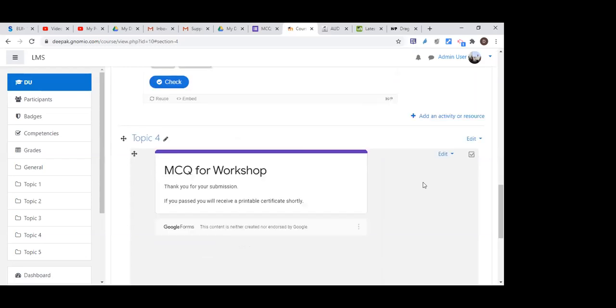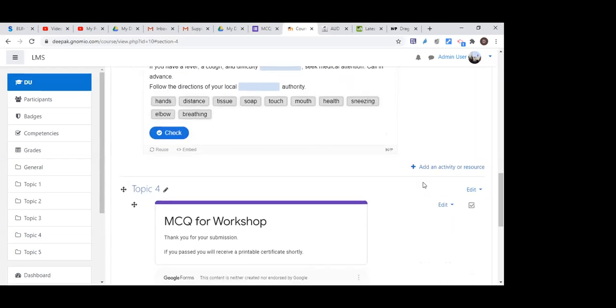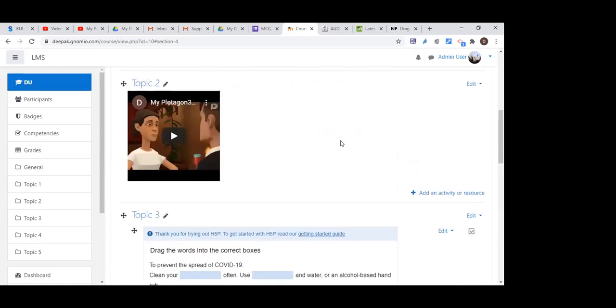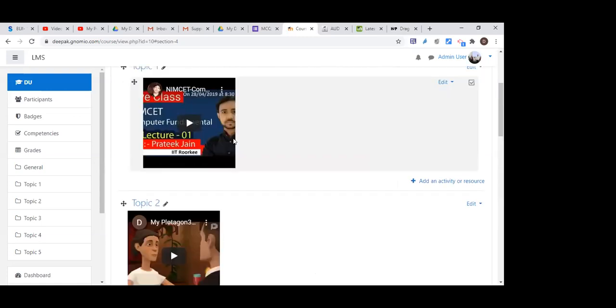So you can see within Moodle, I inserted the whole MCQ from Google, the H5P activity, and YouTube, using the embedded code. Any content that gives you an option of embedded code really helps us upload this content directly on Moodle.